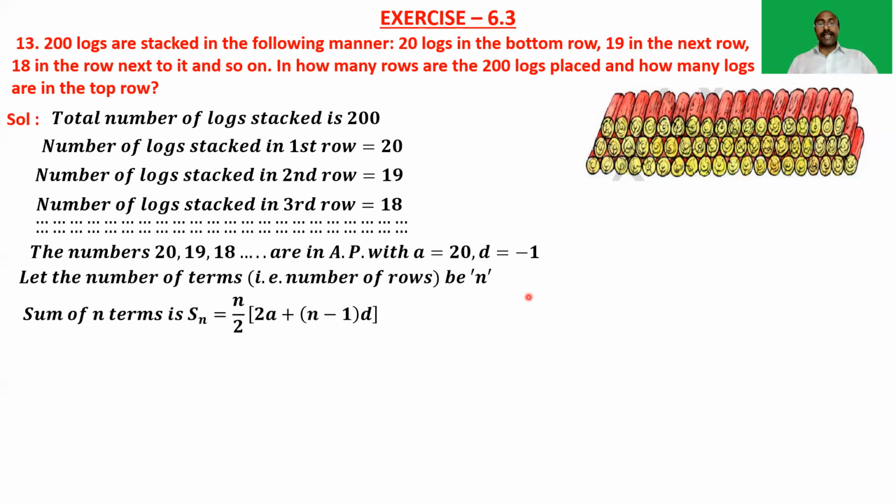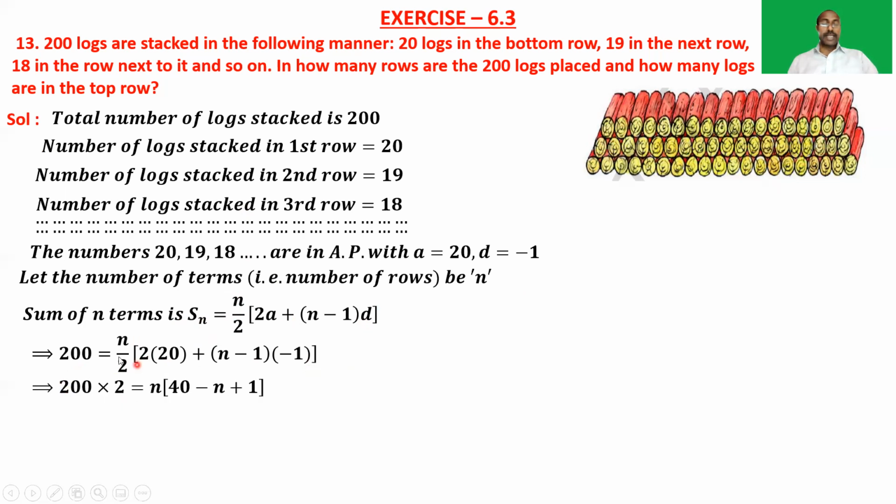Now the sum of these n terms is Sn equal to n by 2 into 2a plus n minus 1 into d, which we have known. The sum of n terms is nothing but the sum of the logs in all rows, 200, equal to n by 2 into 2a plus n minus 1 into d. We don't know the number of rows, but we know a is 20 and d is equal to minus 1, so we are substituting in this equation. So 200 is equal to n by 2 into 20 plus n minus 1 into minus 1. So by transferring this 2 to the left side, 200 into 2 is equal to n into